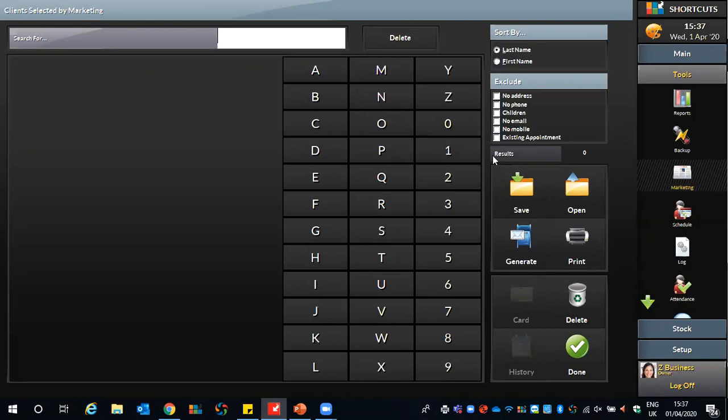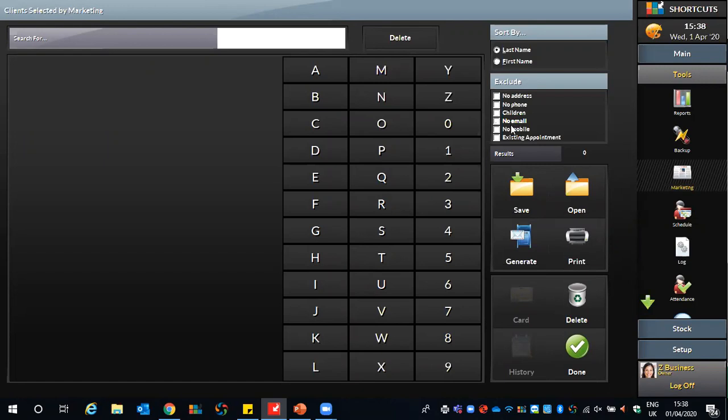One thing I would also recommend is on the right hand side is to use the exclude function. So let's say we have a list of clients on the left hand side here, and we've decided we're going to send them a targeted email campaign. What I would recommend you do is exclude clients with no email address. Now, of course, it doesn't essentially matter if an email bounces back because, of course, it's not going to charge you anything. But you may find if you exclude clients without an email address on your file, the number of clients significantly drops. And again, you may just think to yourself, is it worth doing it?